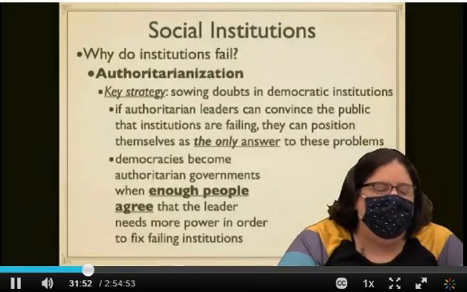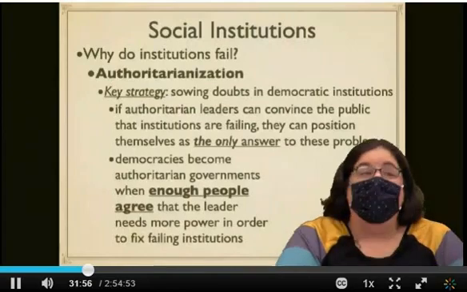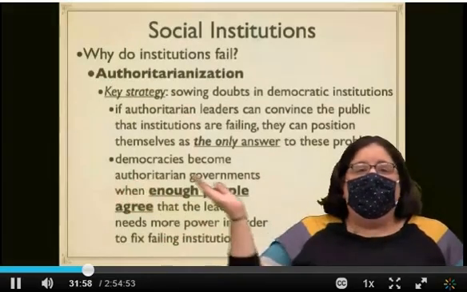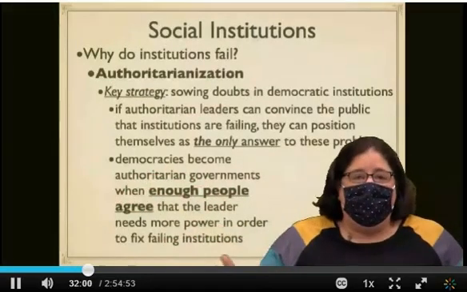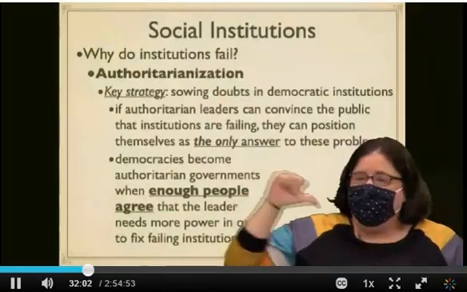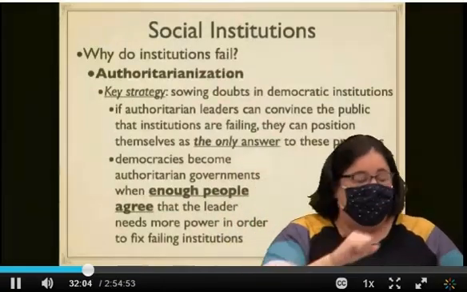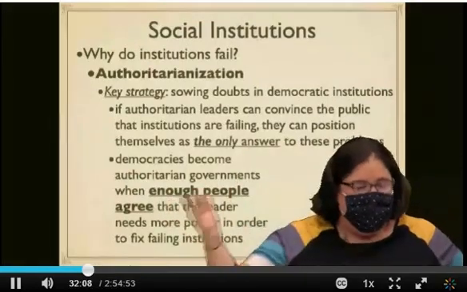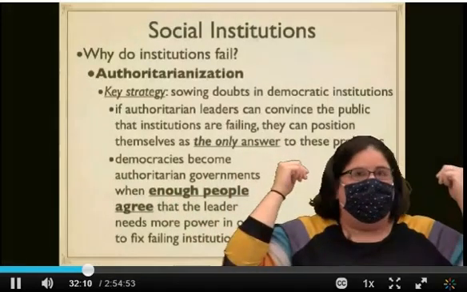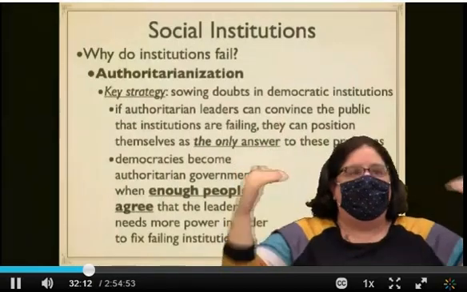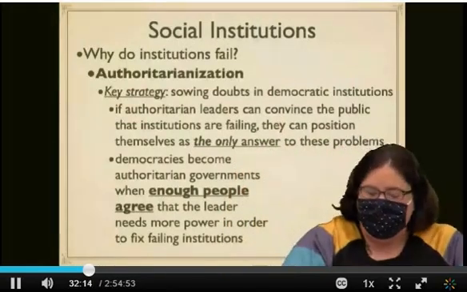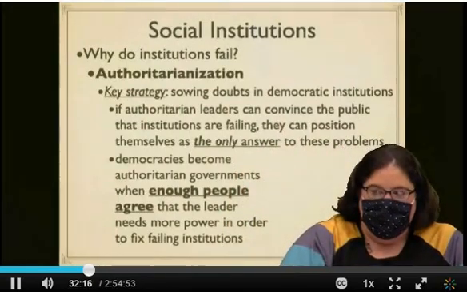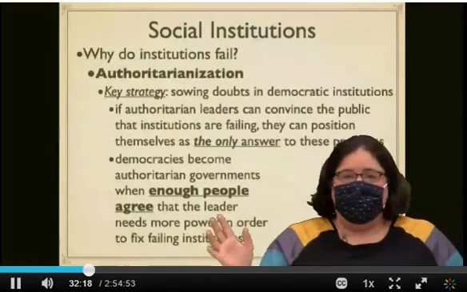More likely, it's not about bridges and roads, right? It's usually about democracy or capitalism is a big one, right? If the past guy ruined the economy, I'm the only one who has the sense to fix the economy. That argument, right? The problems in society are dire, and I am the solution. Questions or comments about this?